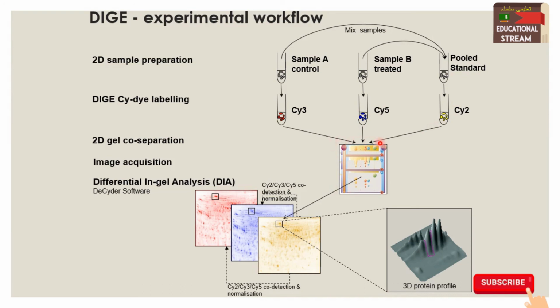First we will do the isoelectric focusing, and then we will separate it on the PAGE. After that, we will take the 3 images for Cy2, Cy5 and Cy3. You see all 3 images contain this band, this one, this one. So this is the co-detection, and then we need to normalize it. For that purpose, we can overlay the gels on one another, and here is the 3D profile of this band, showing how much protein this band contains. If we overlay the gel, we can get the combined profile of the protein, showing whether the concentration is the same in all 3 gels or different.